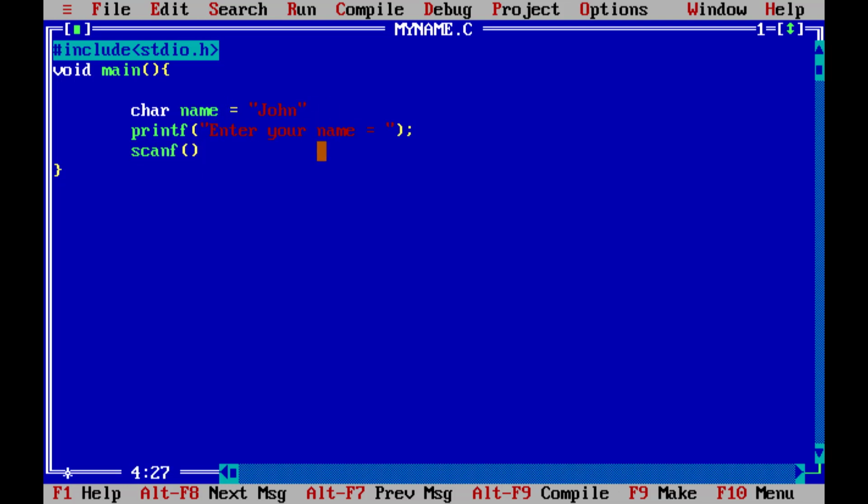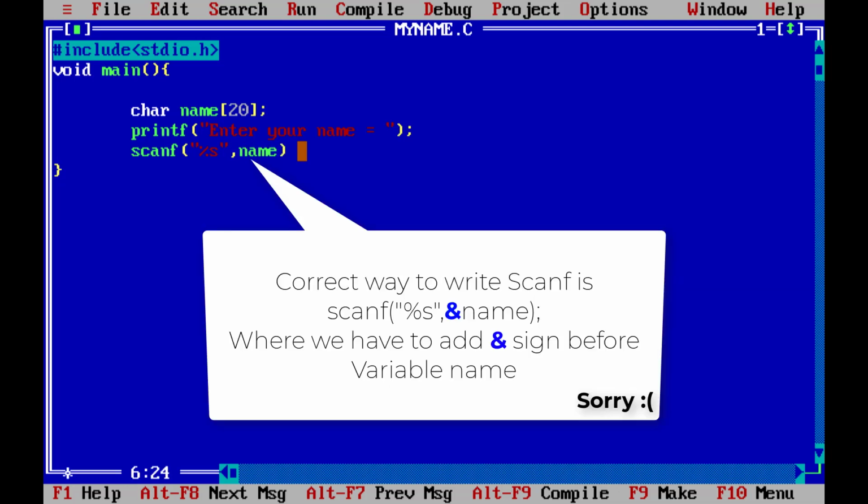So we can skip it, but we have to add this array length or character length for our variable. And after that, inside the scanf function, between the double quotes, we are going to write %s, because we are going to work with string values. So this will get the string value from the input and will store that string value inside our variable, which is name.